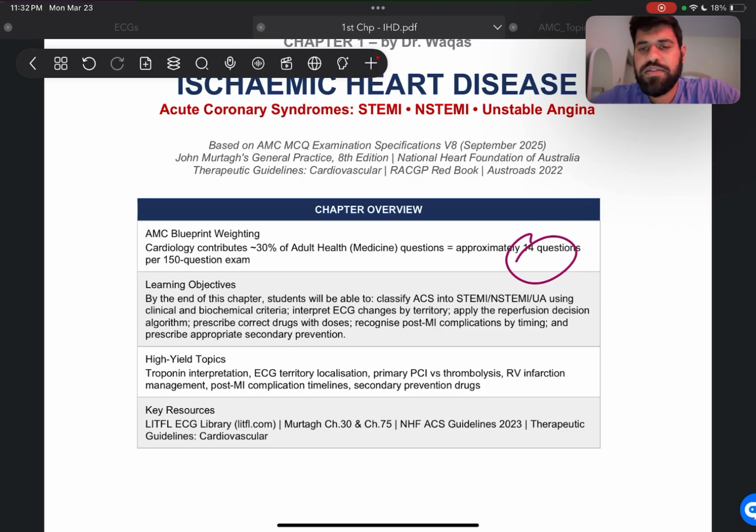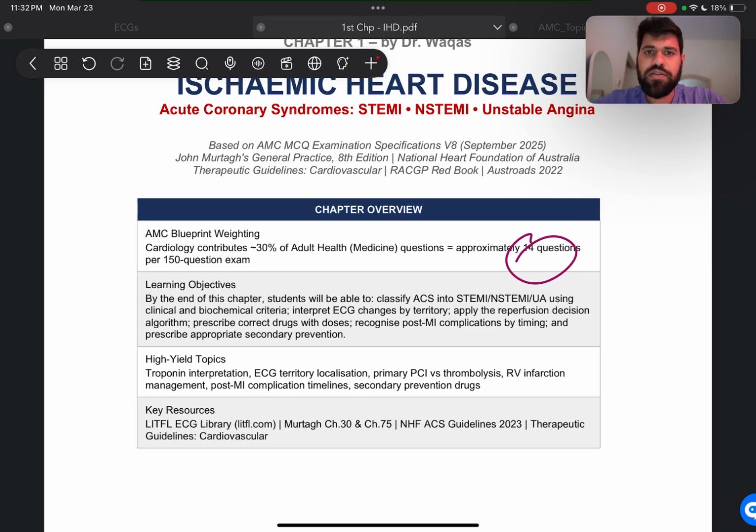If, let's say, a person has a side effect because of a treatment, you will know, okay, this could be a side effect, how do I treat that in a real patient? And because of that thinking, when you go and sit the AMC, and the AMC does ask those questions, because I said in the last video, if you haven't watched it, go have a watch, that they ask you questions that an intern in Australia should know.